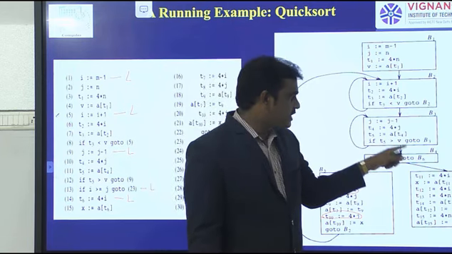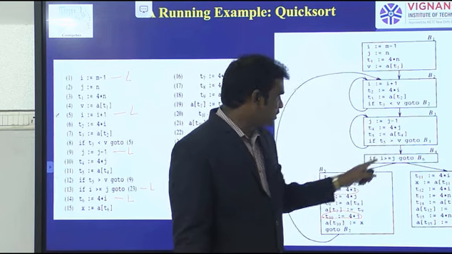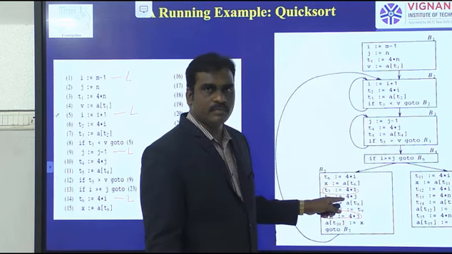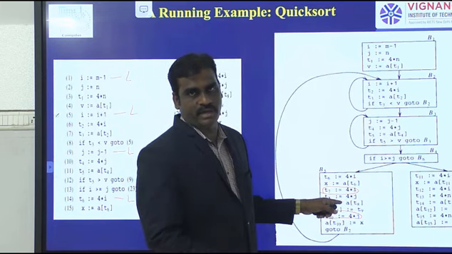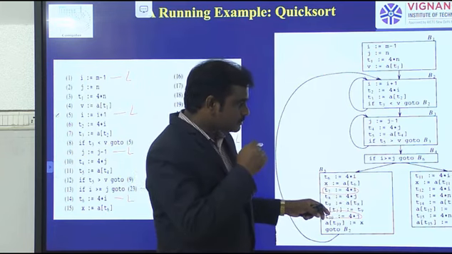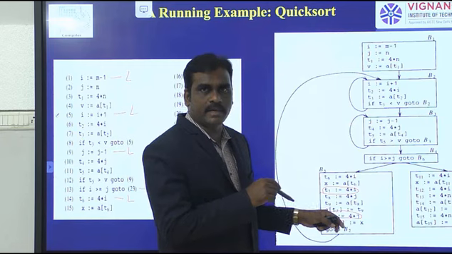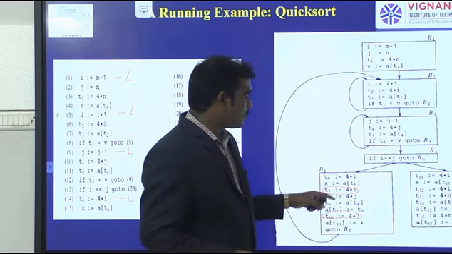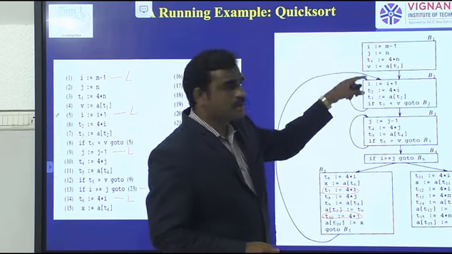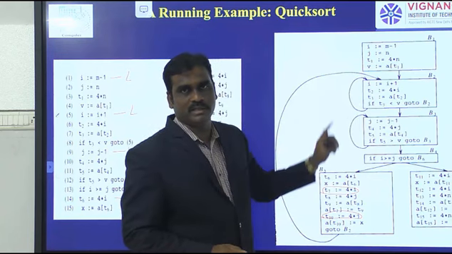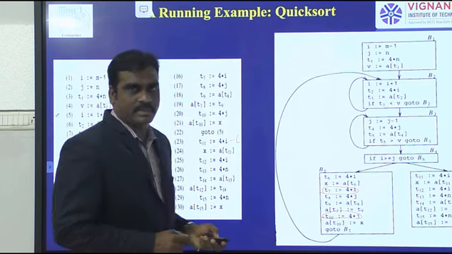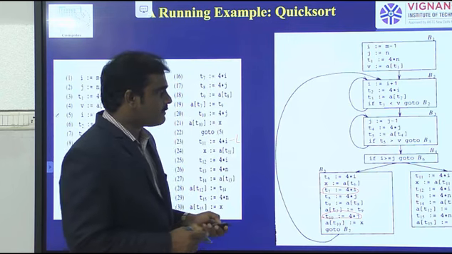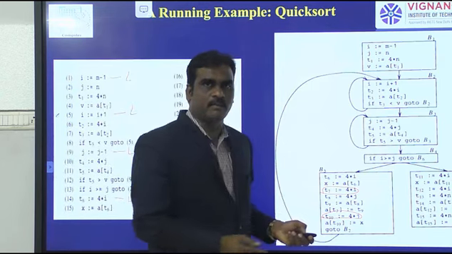Same way 4 into J, 4 into J. You have to check it. The expression is same and also generating the same value. So once the local is completed, you have to compare from one block to another block. That is global common sub-expression. Same way you can perform block 5 and block 6.